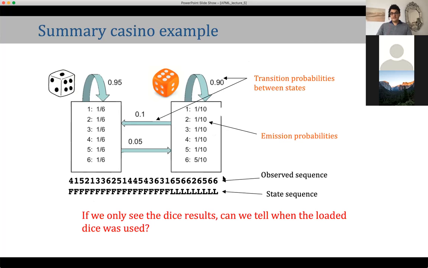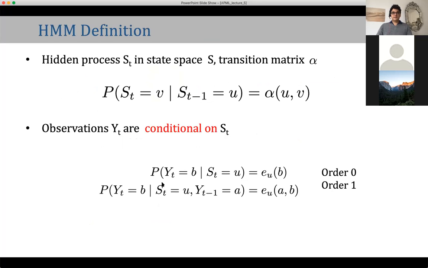And so the basic question of the hidden Markov model is just what I just wrote. How can we annotate a sequence? So how do you write that in a formal way? I mean, we already saw how it works, but it's just to fix the idea. We say that the process on st, the process which is hidden, is a Markov chain with the transition matrix. I wrote it alpha, but we still use A. So we have a Markov model on the hidden states, and the observation yt